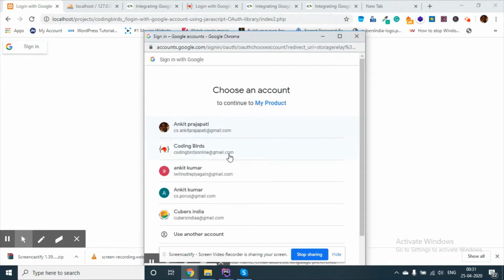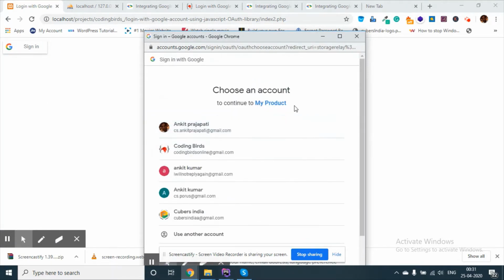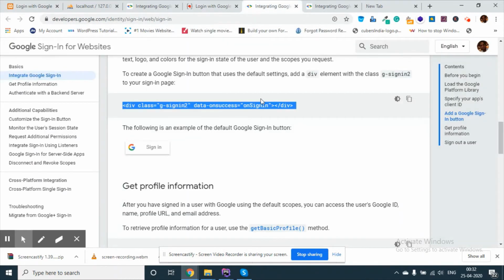When we click the button, it redirects to the Google Auth page and see that name, my product, and we can choose the account. But it will not do anything because we haven't created a callback or any function so that we can fetch the information. So let's see that.